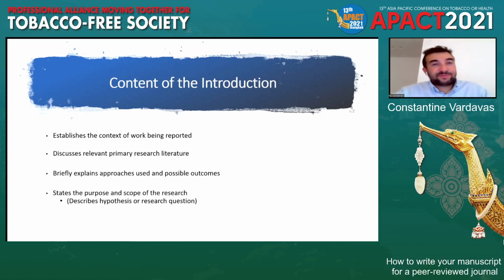An introduction which is 3 pages long and has 30 references shows the handling editor automatically that this is too in-depth for an introduction, which then starts ringing a bell. Maybe the manuscript itself is going to be difficult to read. And again, it's all about making a manuscript easy to flow, easy to read, and that's how to get through the system. So the relevant research literature should be concise and just what is needed. Just the references needed to cover the topic. You don't have to do a systematic review in the introduction.